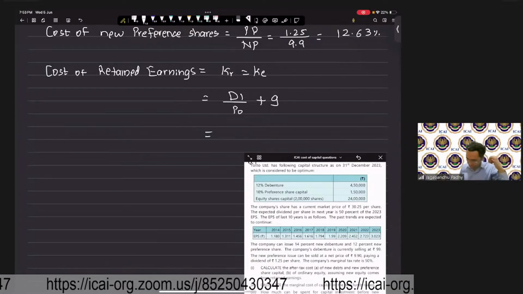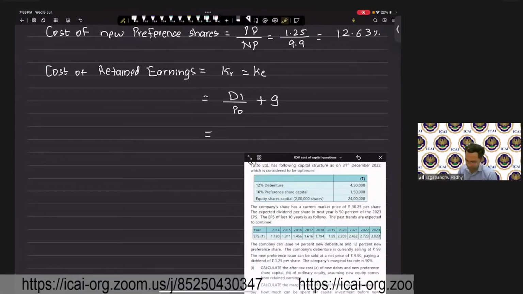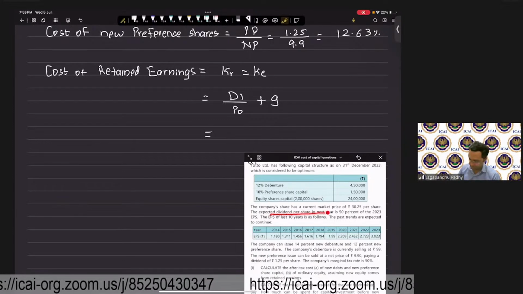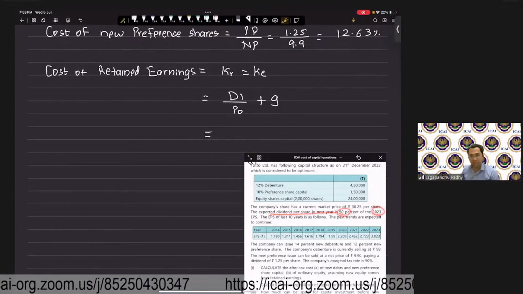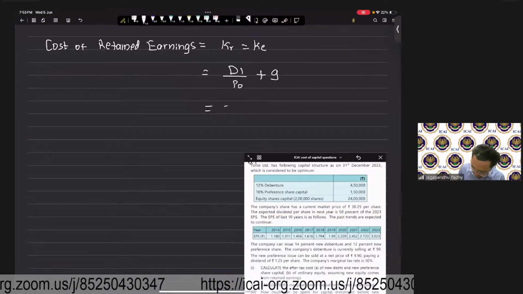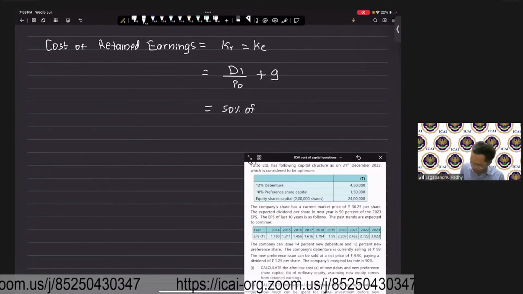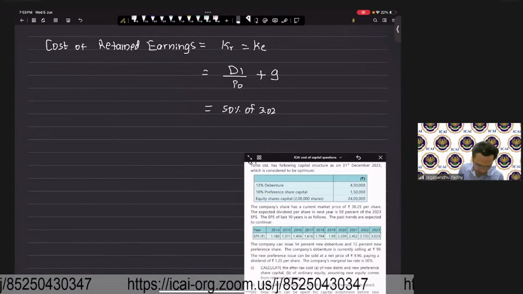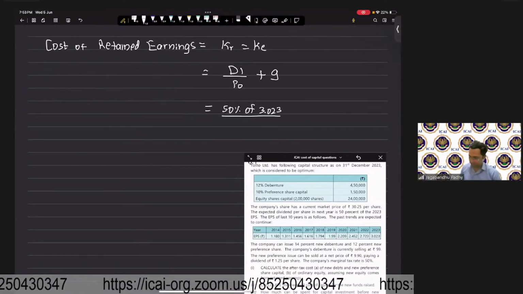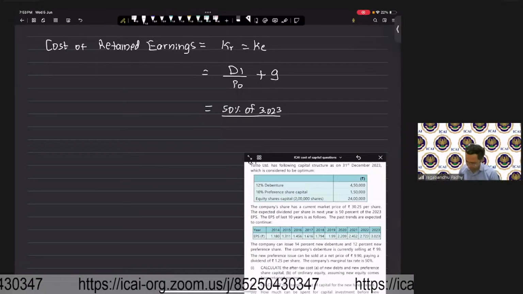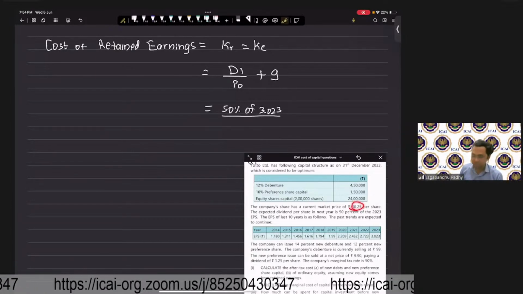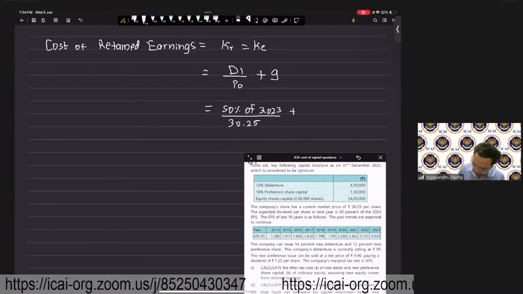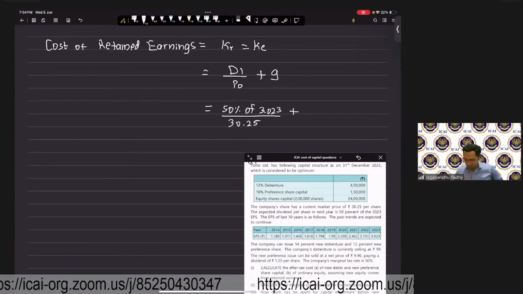The question has given clearly what the expected dividend is, because they are saying that the expected dividend per share in the next year is 50% of 2023 earnings. We can say it is 50% of 3.023, divided by the current market price of the share. That's also stated in the question, which is 30.25, plus the growth rate. Now for the growth rate,